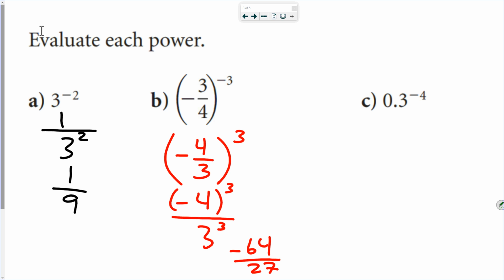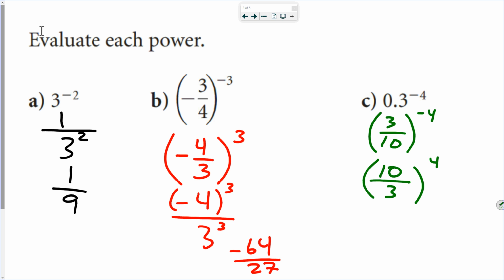Now, last but not least, we have a decimal 0.3 to the negative 4th power. So we can rewrite 0.3 as a decimal, or not as a decimal, it's already a decimal. We can rewrite it as a fraction, or we can just grab our calculator. Let's write it as a fraction. So we have 3 over 10 to the negative 4th power, which will be the same as 10 over 3 to the 4th power, which is the same as 10,000